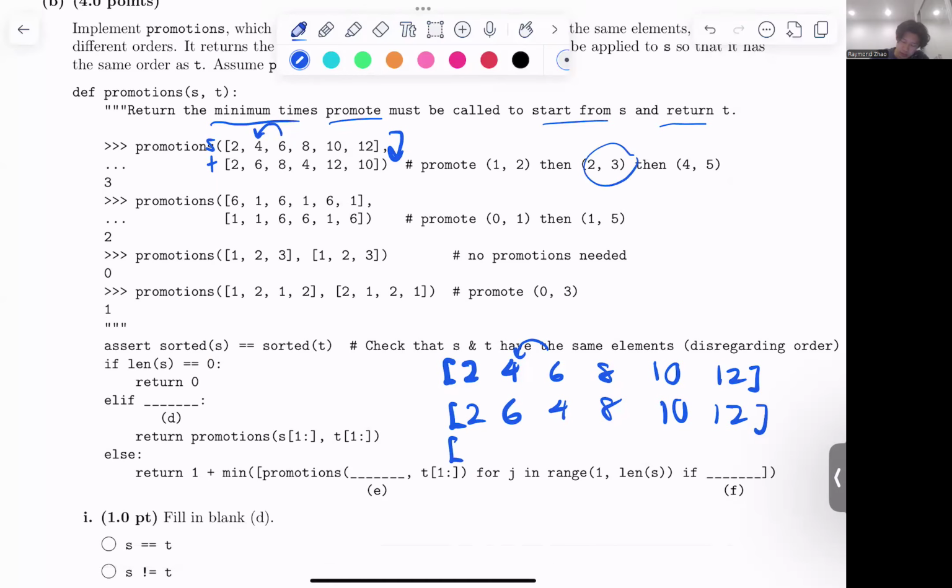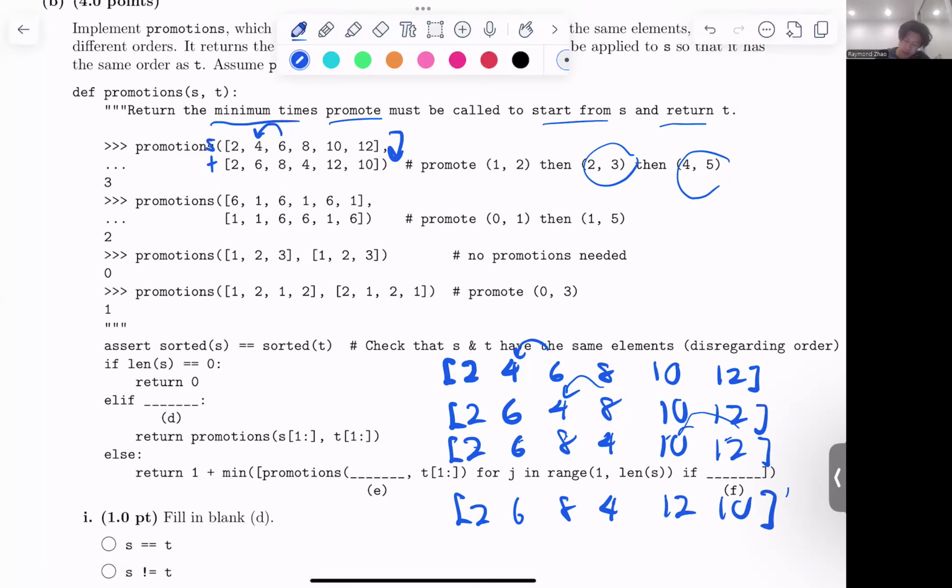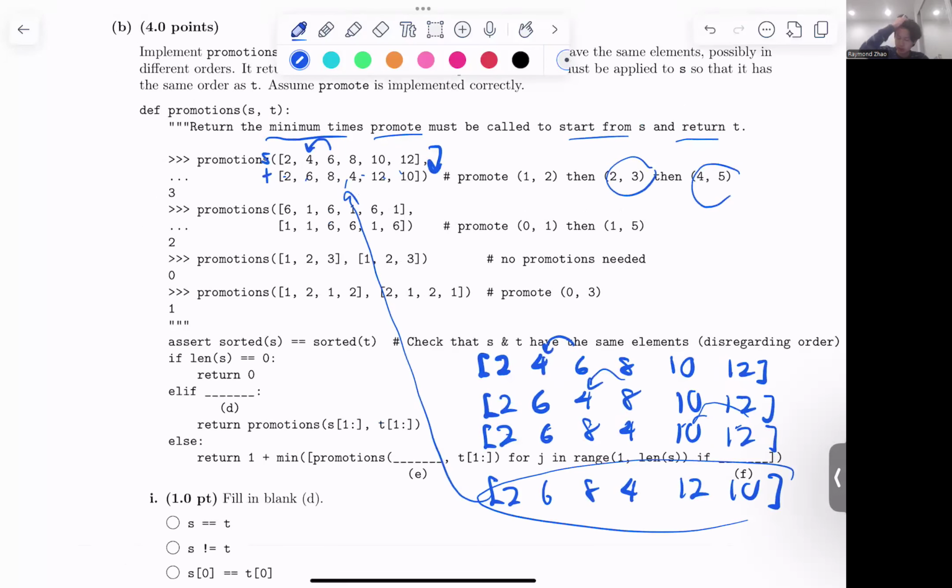And then it says 2, 3. So this. And then finally it says 4, 5, which is 0, 1, 2, 3, 4, 5. And then does this match this t, 2, 6, 8, 4, 12, 10? It does. Okay, so we're just iteratively